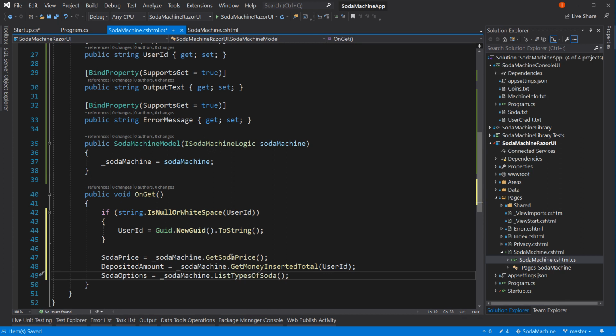Okay. So those three things will allow us to display the soda price right away, display how much they deposited right away, and display the list of sodas they have access to. And so every time a page gets redrawn, these three things will get pulled from the database and refreshed. That way, as the user deposits money,